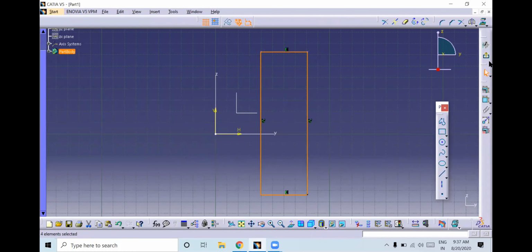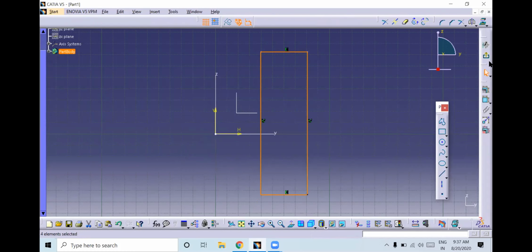Here I will select this. You can check, the shaft has been rotated with respect to this. By this you can create a hollow shaft.